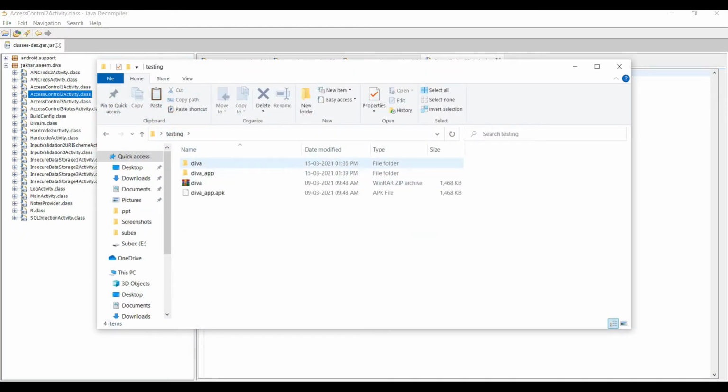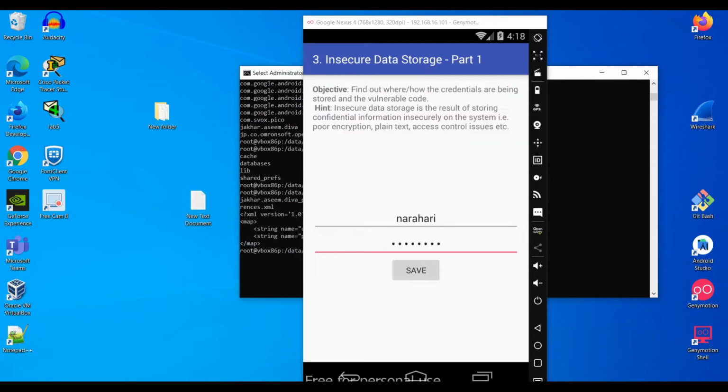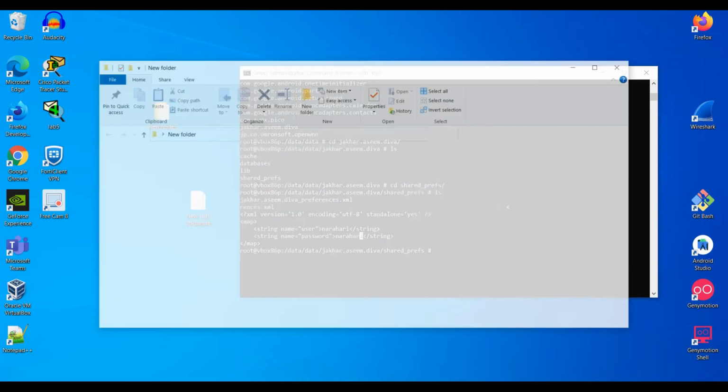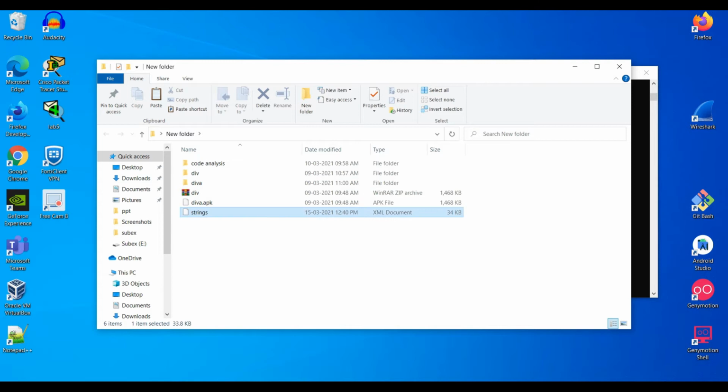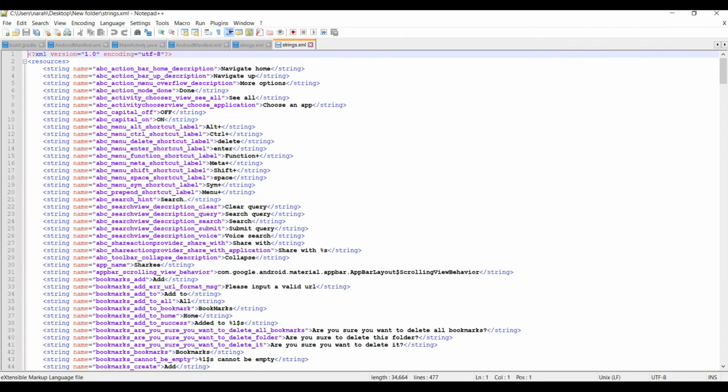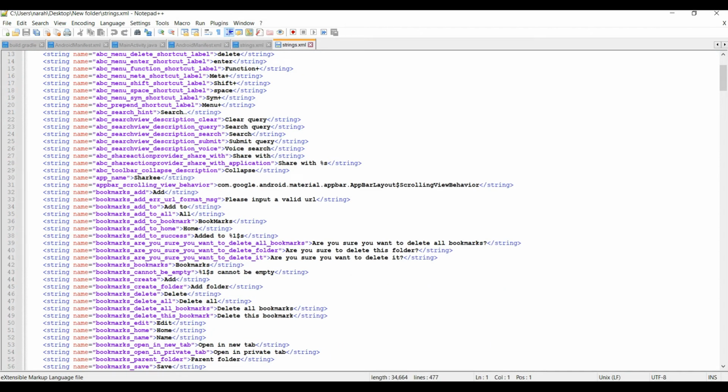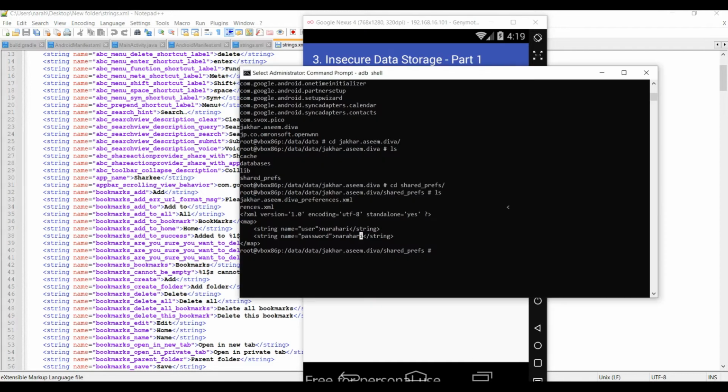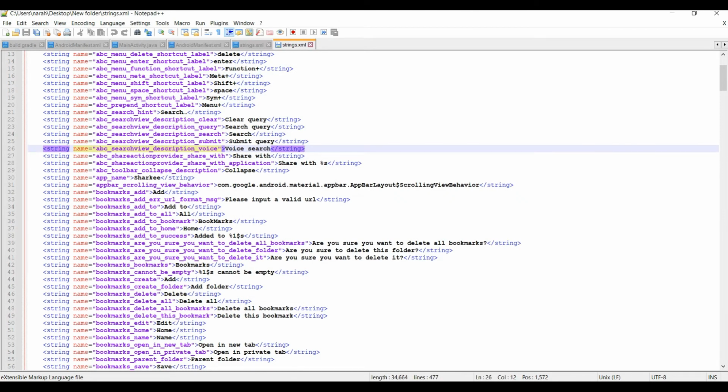See, these strings I have taken from another real-time application. In real-time applications, developers hard code some APIs, some default URLs, some default usernames and passwords, some database URLs here.